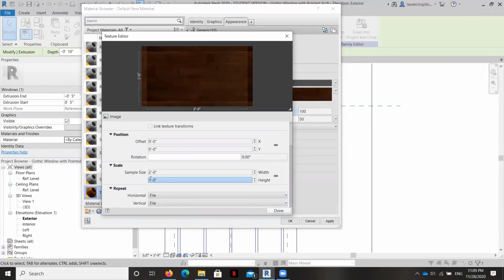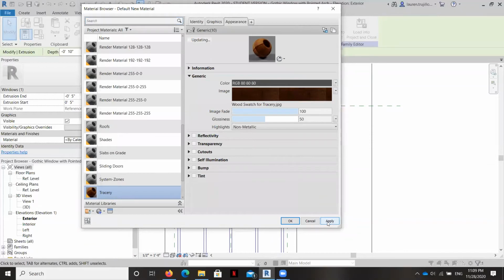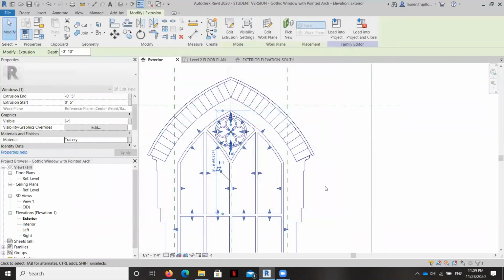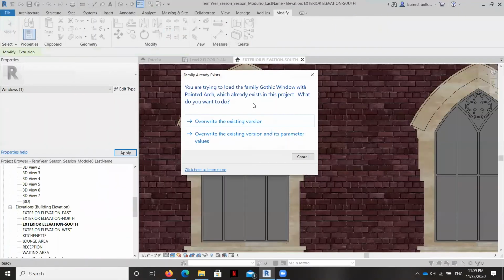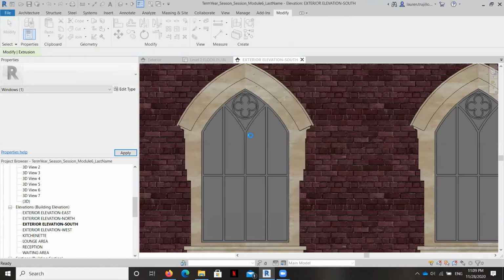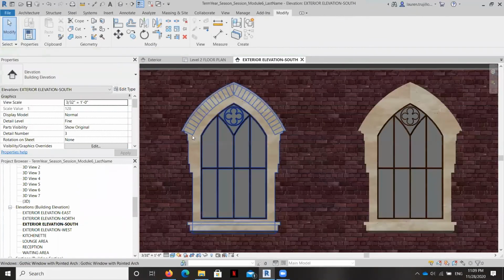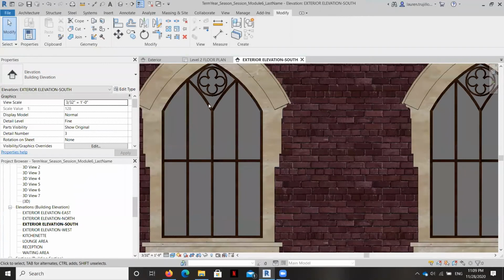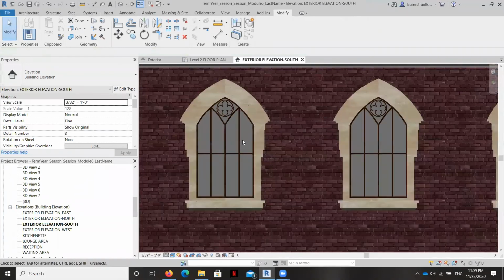And it can be 2 by 2. And so we can see that again, just for fun. Let's load it into the project, see how it looks. Beautiful. Okay, so then the only thing we need to do now is go ahead and select our glass.